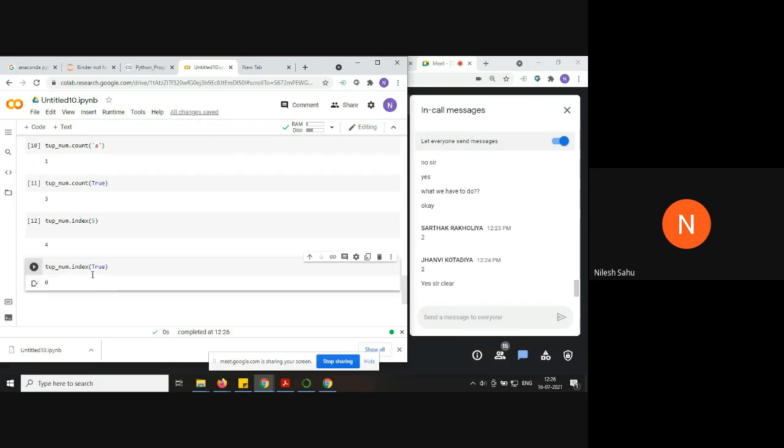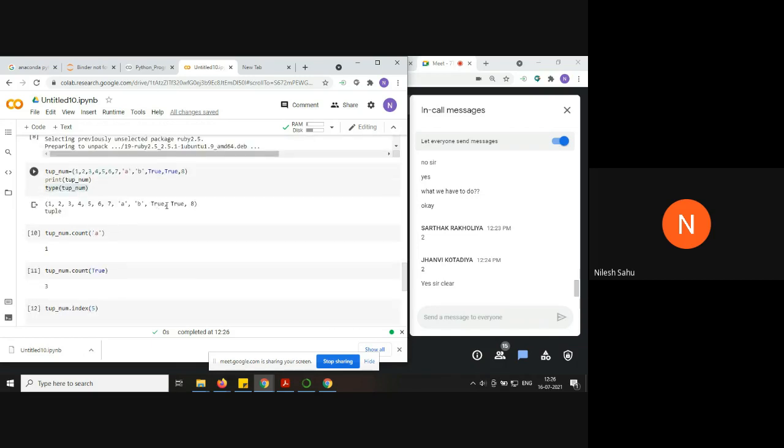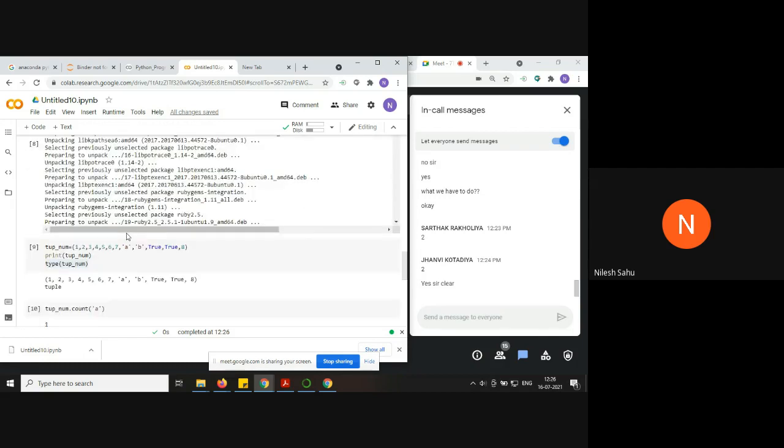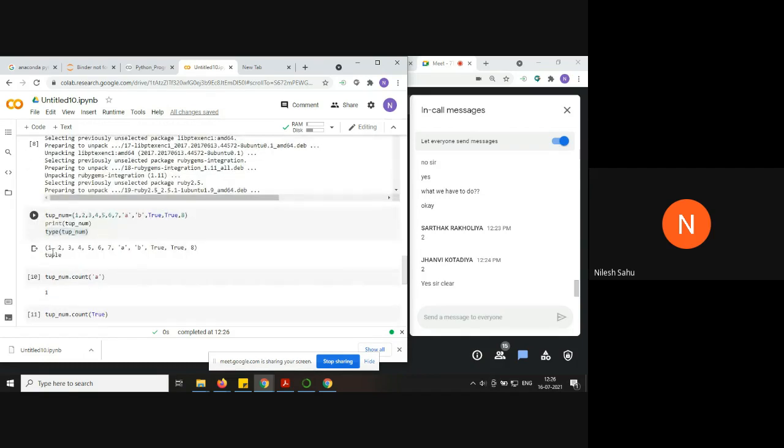You can see it here when I say tup_num.index for True. This True is a Boolean value here, so it is going to find True. You can see the first index it prints here is 1, because it is treating 1 as a true value.